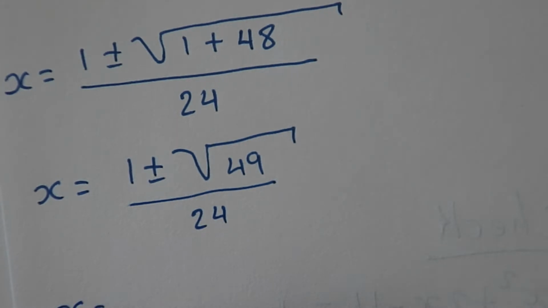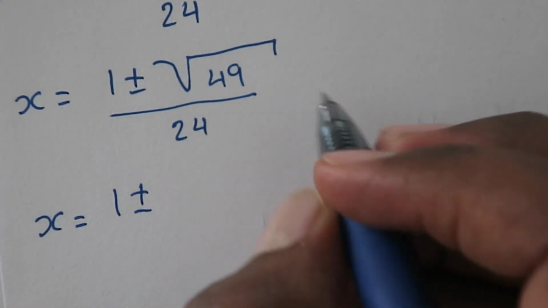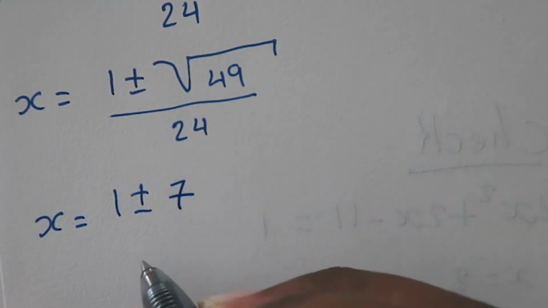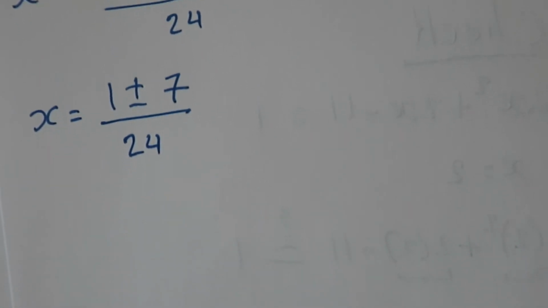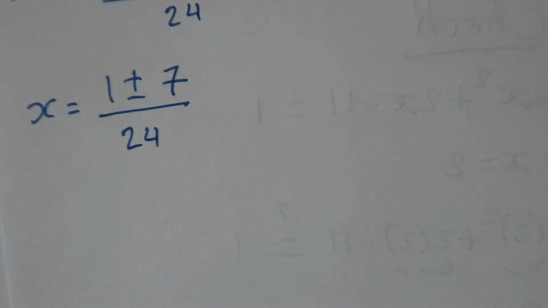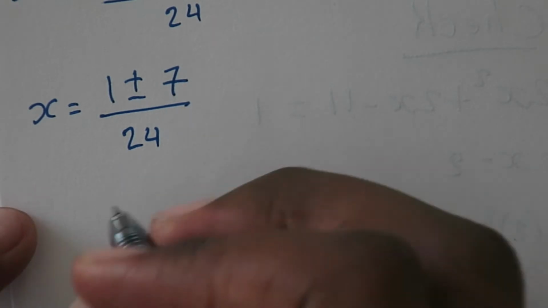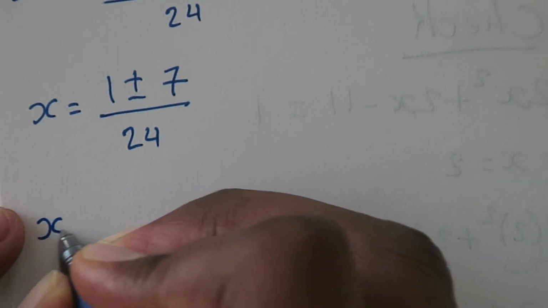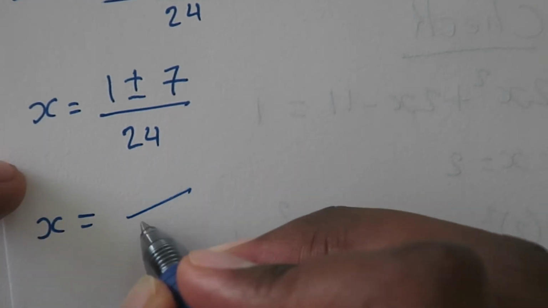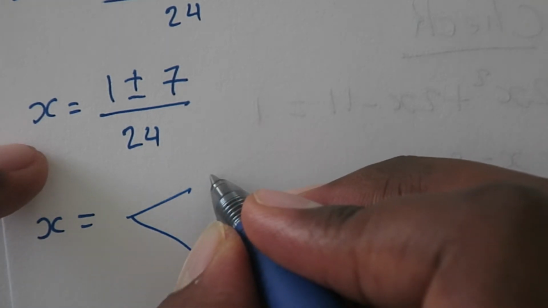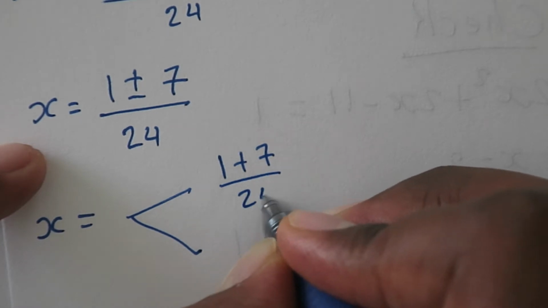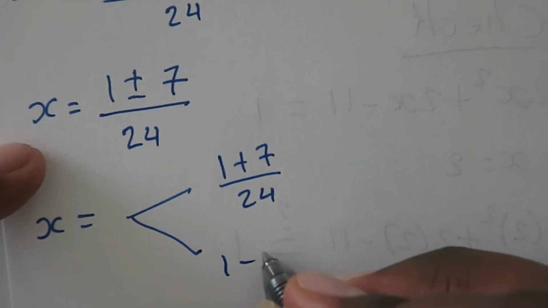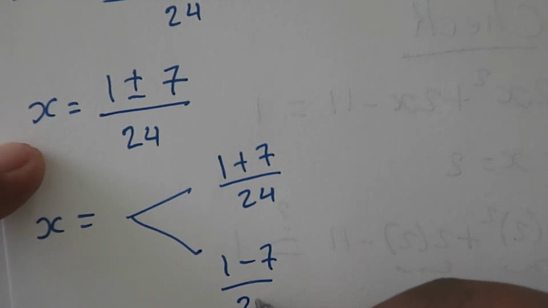So x equals 1 plus or minus the square root of 49, which is 7, divided by 24. Okay, plus or minus means you have two ways of writing this. So you have 1 plus 7 divided by 24, or 1 minus 7 divided by 24,